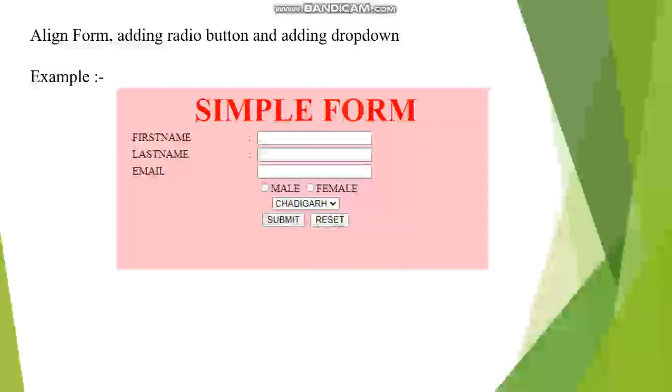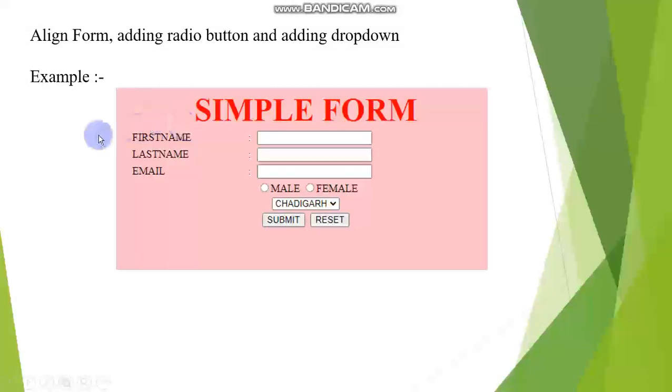Okay, now we are going to do the next example. In this example I am going to tell you how to align your form, add radio buttons and how to add a drop down. Dear students, here we are going to do the same code for this particular page, as you can see.